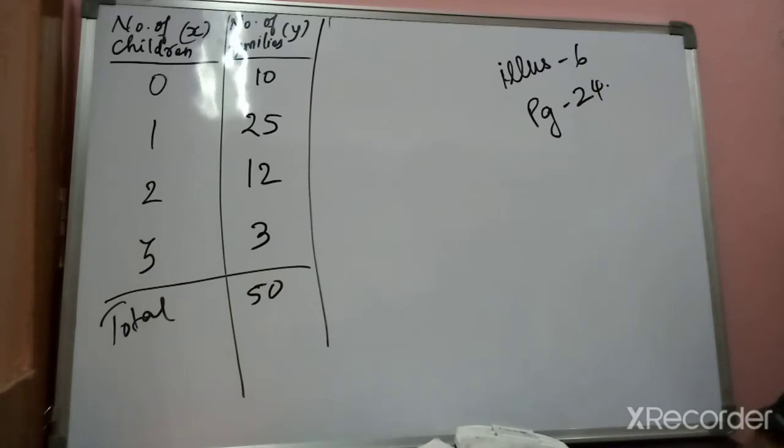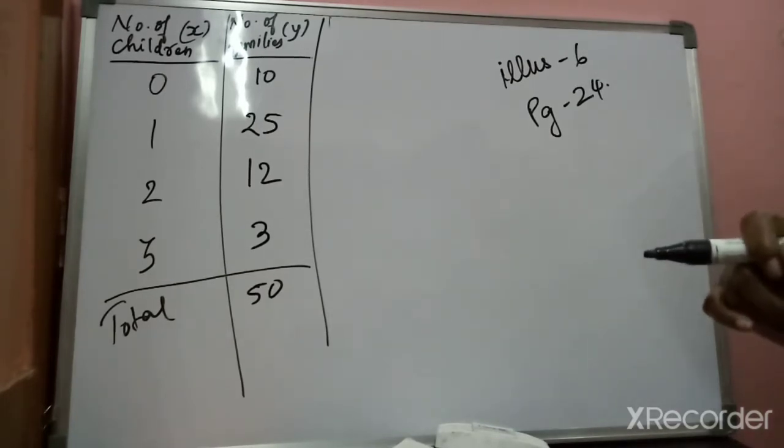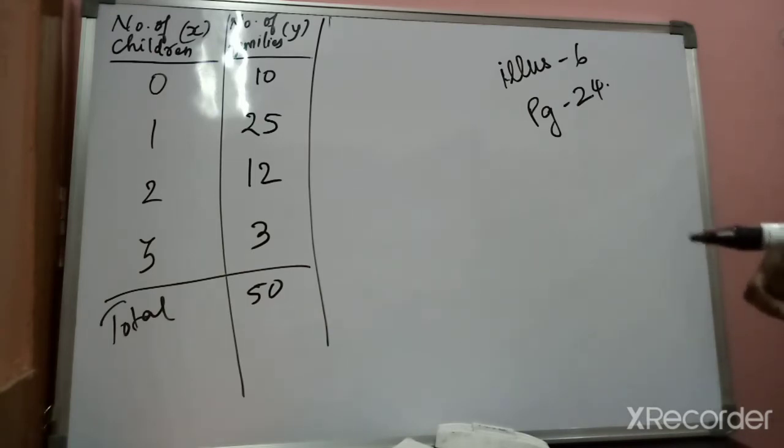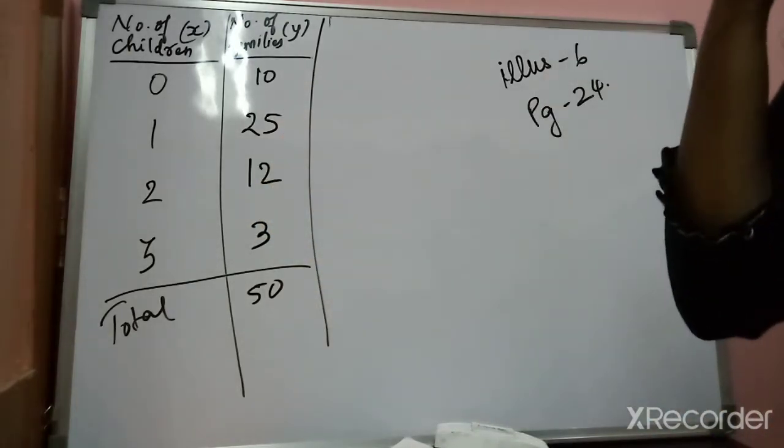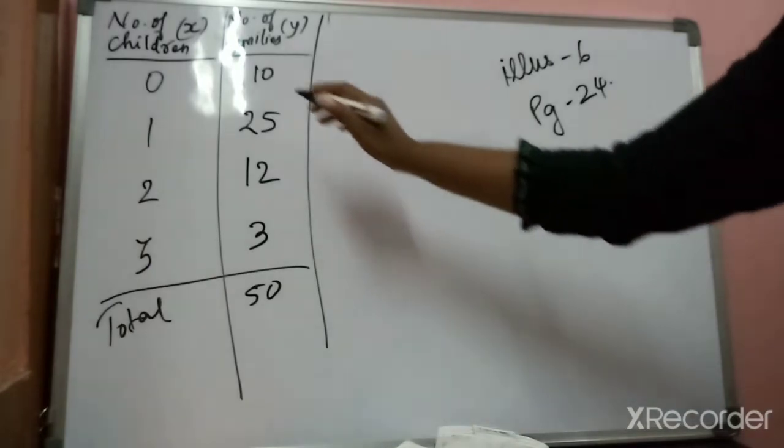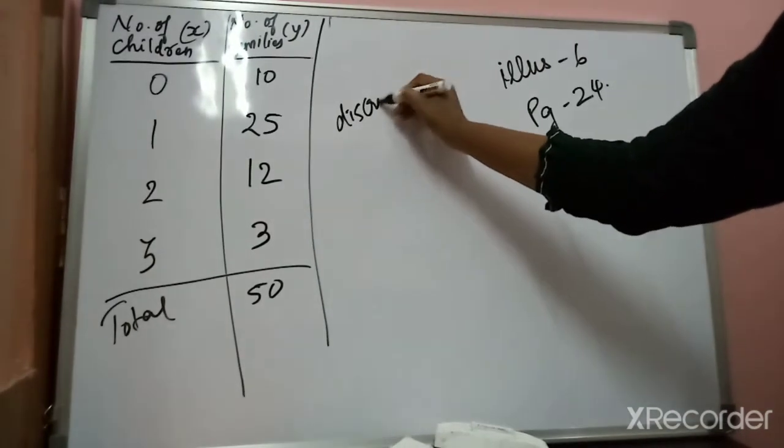The question says a frequency distribution of number of children in 50 families of a region is as under. So there are two data given to you, number of children and number of families. So x variable and f, that is frequencies, have been given to you. Next it is saying obtain the less than type and more than type cumulative frequency distribution for these data. You can understand from the data itself which type of data it is.